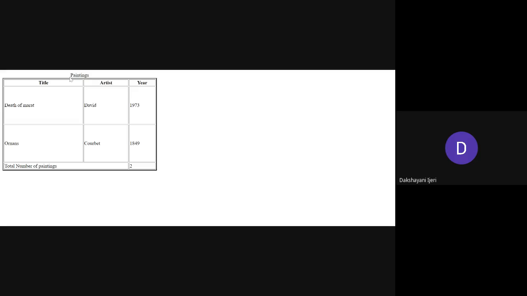And this is the content of the caption element. Paintings is the content of the caption element, which will be put exactly at the center of the table. As I told you, to define the heading of this table, it will be put in the center of that table. Is it clear to you? Is it clear what happens if you construct the table by using the T head, T foot and T body? Understood or have any confusion?